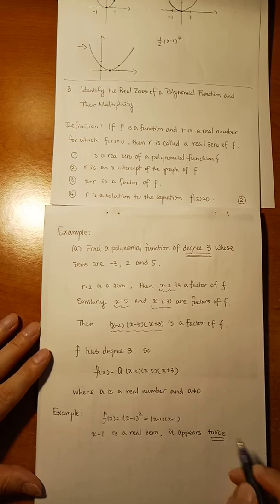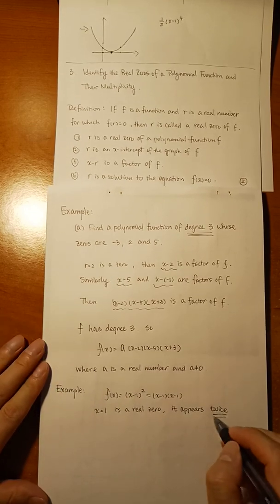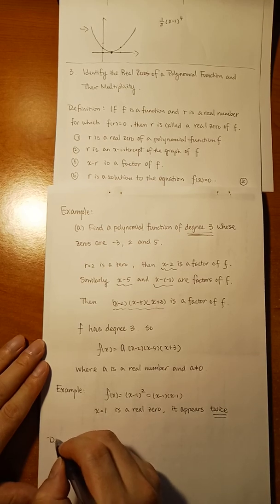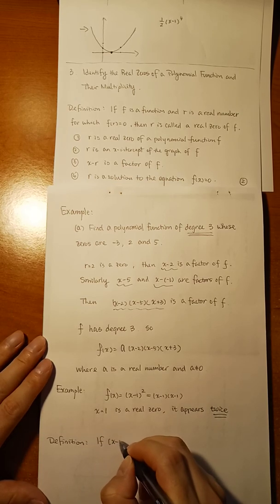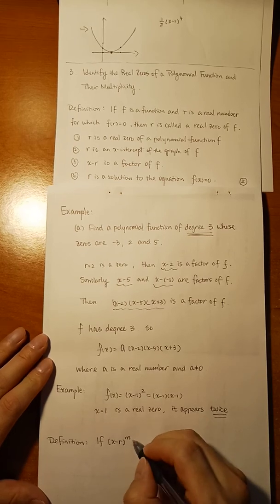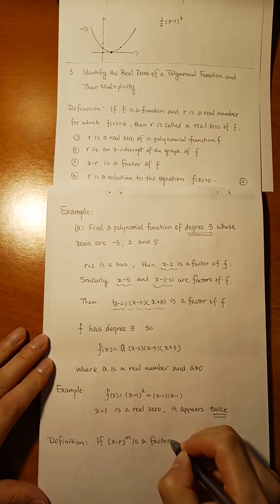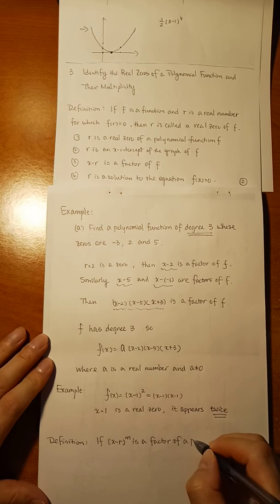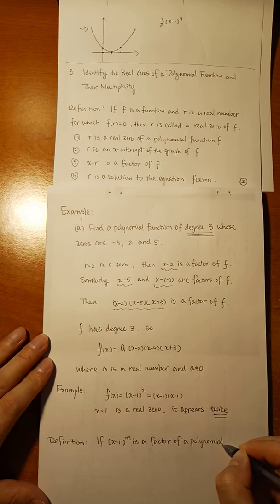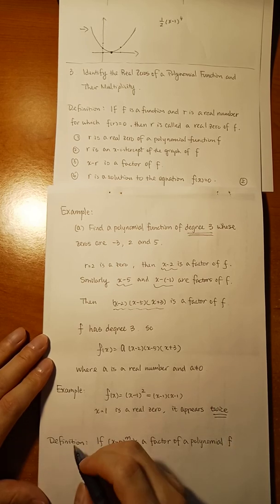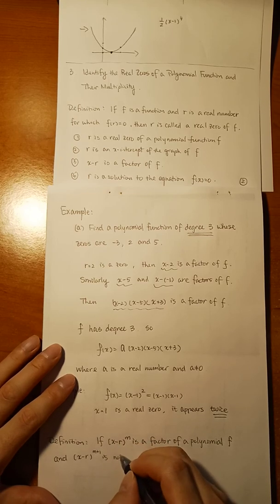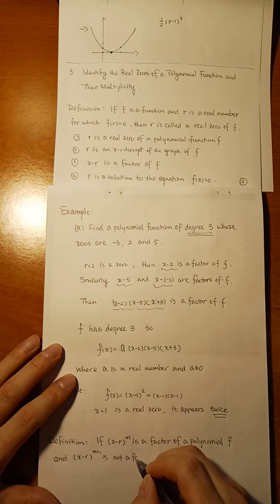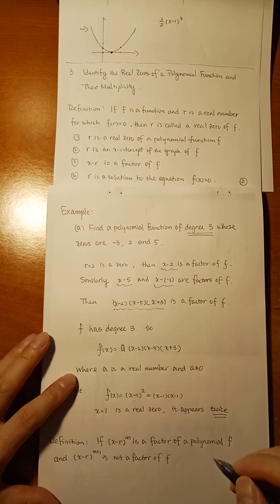It appears twice. So we want to present this the times. So we have the following definition. If x minus r to m is a factor of a polynomial f, and x minus r to m plus 1, if you increase the power, is not a factor of f, then